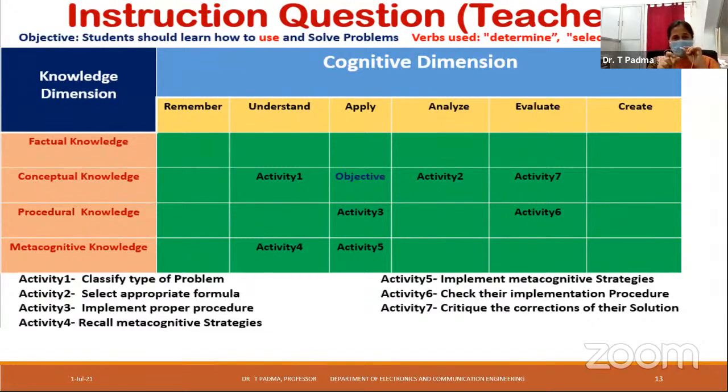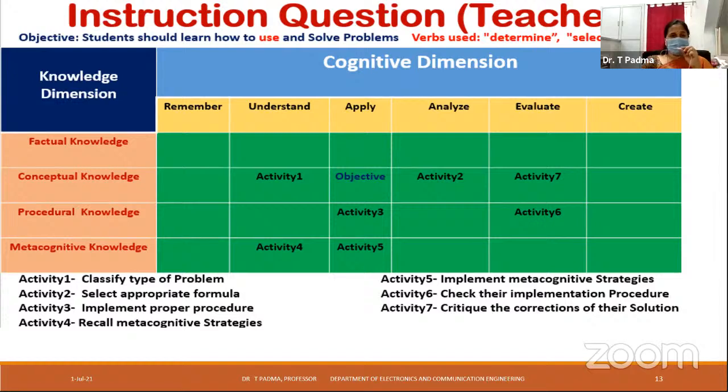So this activity 1 is at the understand level of the conceptual knowledge. That is the activity 1. Activity 1 is about classifying the type of a problem. What are the different ways, how are we able to classify the problem. That is the activity 1. We need to get this so that the students are able to understand better. So what is the basic objective? The objective is always in the apply, between the conceptual knowledge and the